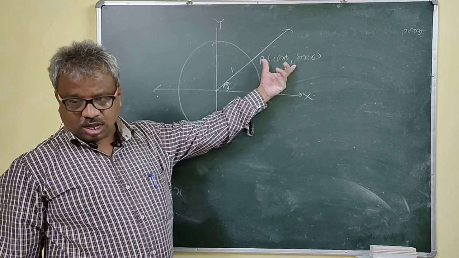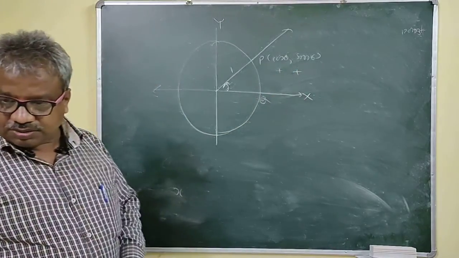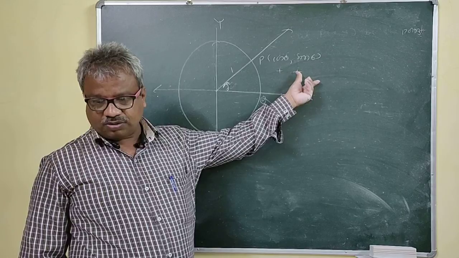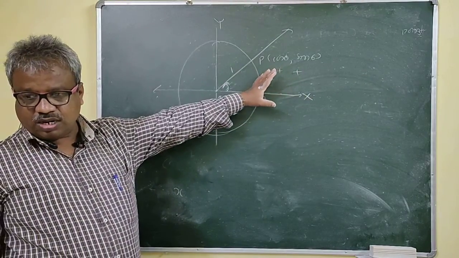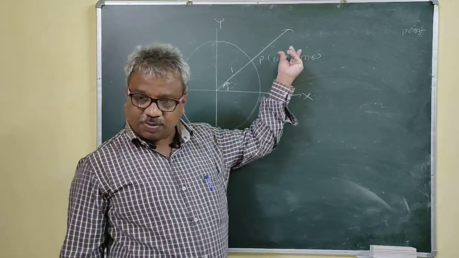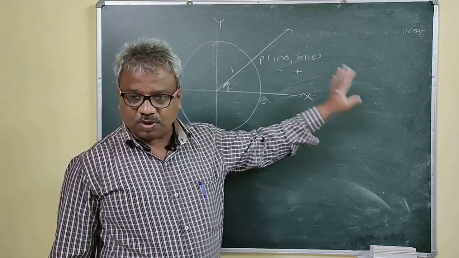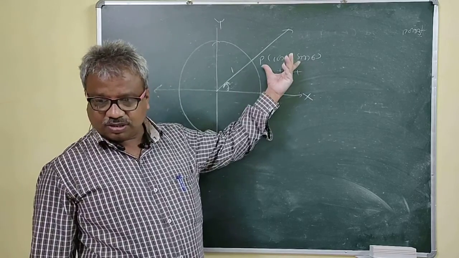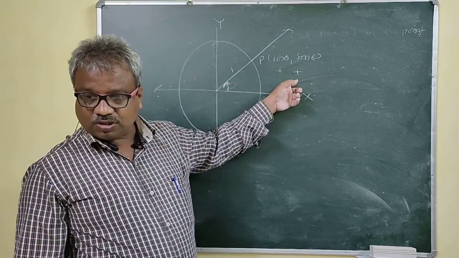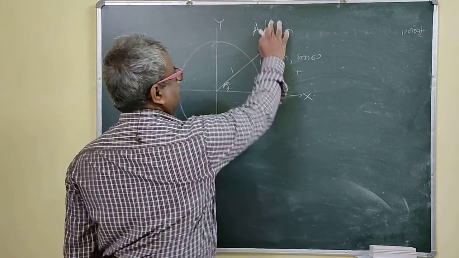That means this point is in the first quadrant. And you know that in the first quadrant, the x coordinate and y coordinate are positive. That means in the first quadrant, your cos theta is positive and your sin theta is positive. The rest depend on these: they are the reciprocals or the ratios of these, so all the rest are positive. That means if your theta lies in the first quadrant, then all the trigonometric ratios are positive.